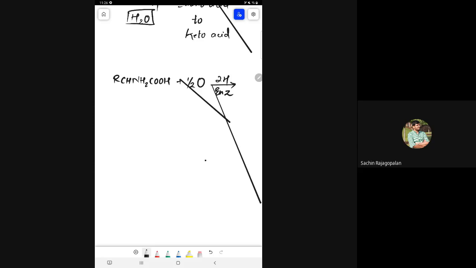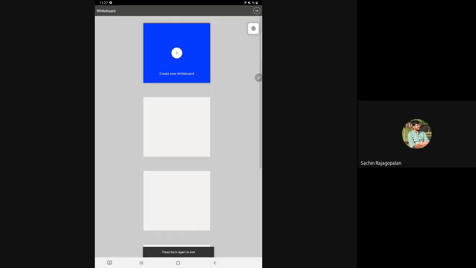This is my enzyme, and it gives rise to RC=NH-COOH after removal of two hydrogens. So this is nothing but an imino acid. And after this, what we are going to do is, in presence of water molecules, we are